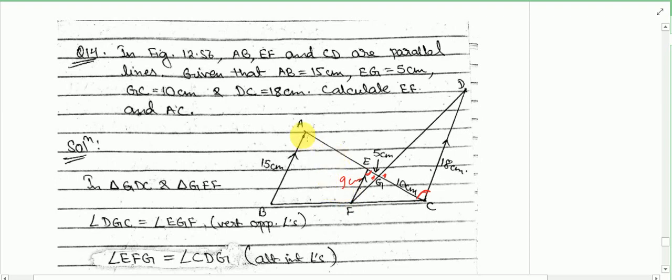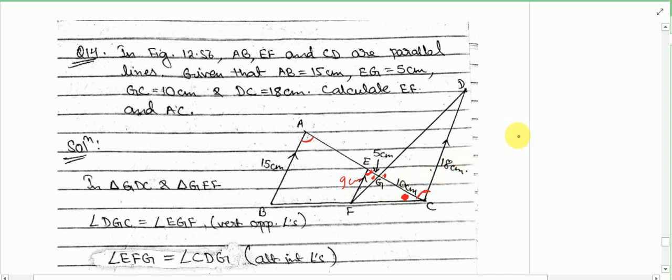Now we are looking for AC. Now see, here AB and EF are parallel. That means this angle will be equal to this angle, corresponding angles, and this one is common for both the triangles ABC and EFC. And once two angles are equal for the given triangles, then we say that they are similar